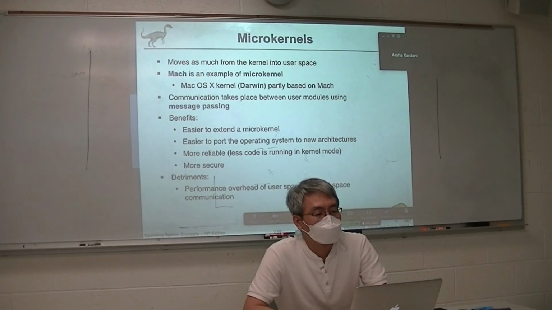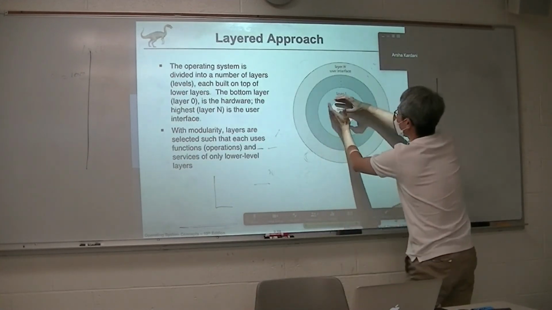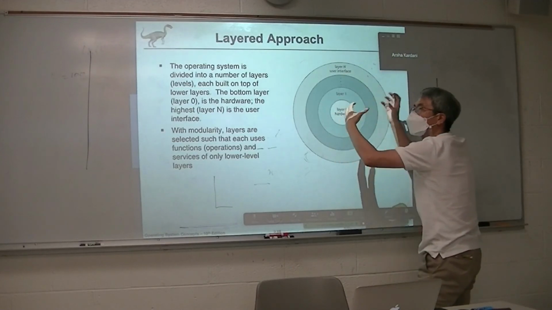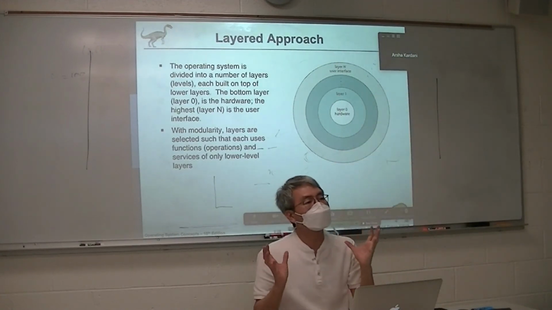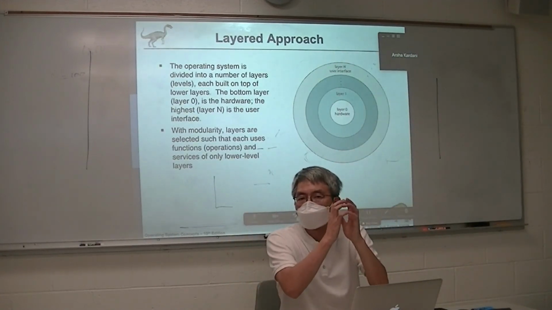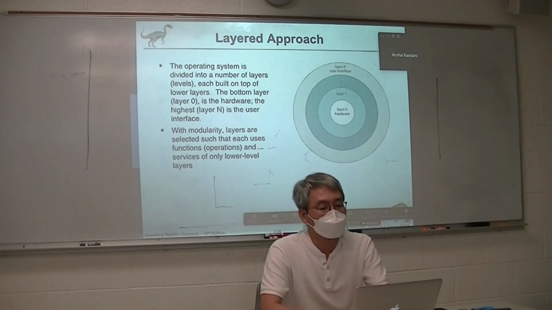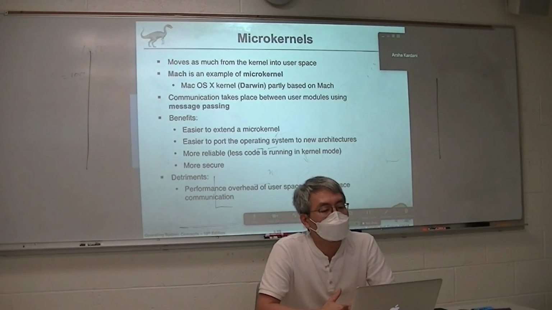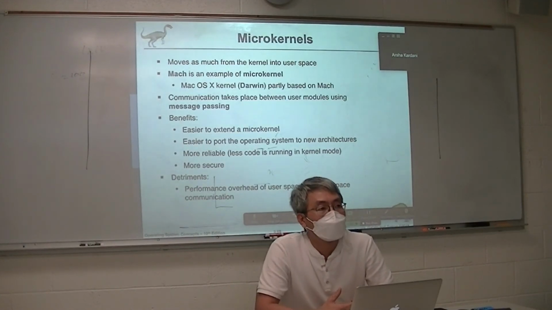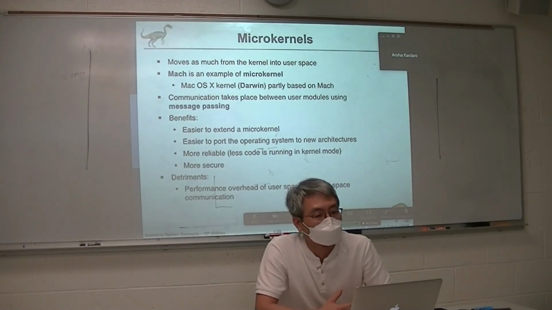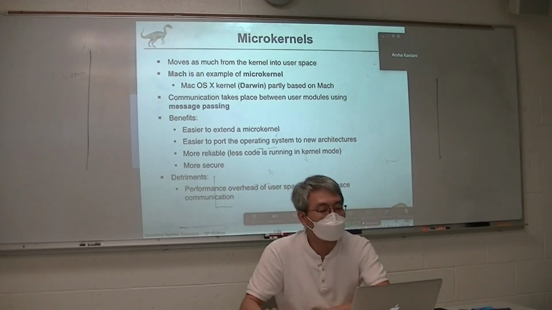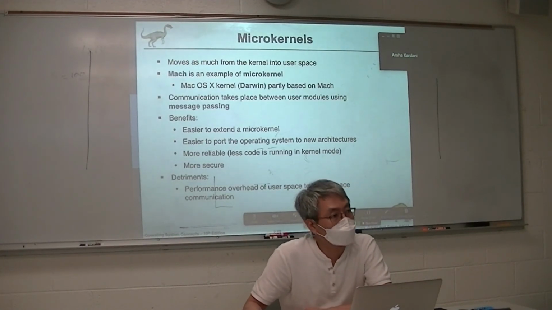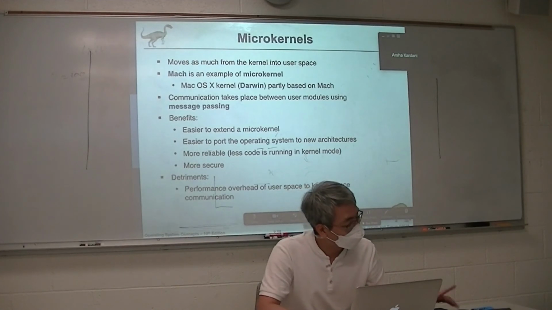So why don't we put the most important core part, the core library of your operating system, as a kernel? Okay, it's a micro kernel. So only the important core part will be created as a kernel, which is called the micro kernel. macOS uses such an approach. The micro kernel is called Mach. So Mach is the name of such a micro kernel used in macOS. Also it's called Darwin. So you have heard about the name Darwin if you are using macOS. Okay.